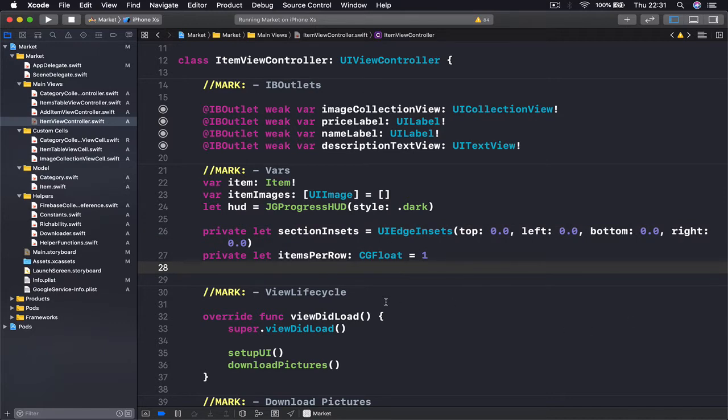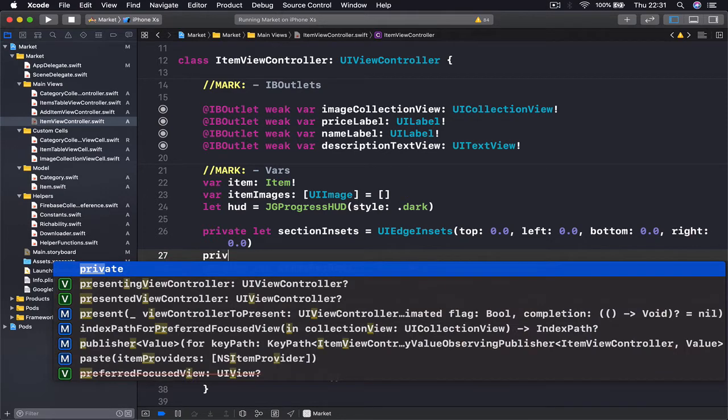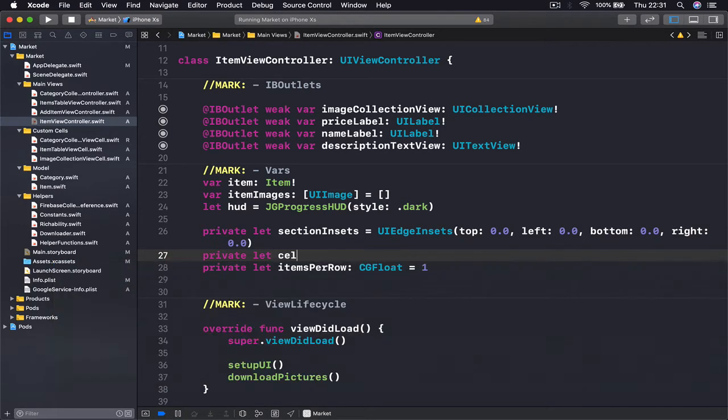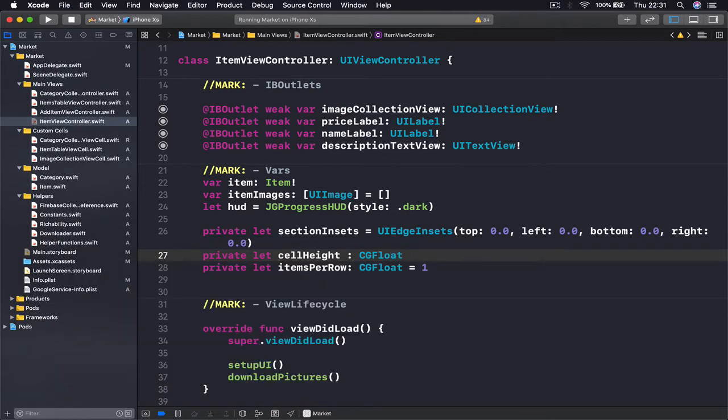One thing we need to add here is going to be private let cellHeight, which is of type CGFloat, and this is going to be equal to 196, and this cell height we are going to